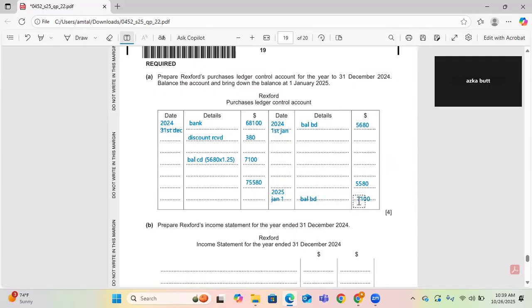Okay, what's the problem here? I just forgot to write the 7. So students, when you deduct the opening balance from here, you will get the purchases. Whenever you purchase on a credit basis, your liability will increase. That's why the payables control account will be credited. So if you just deduct this 5,680 from 75,580, your purchases is equal to